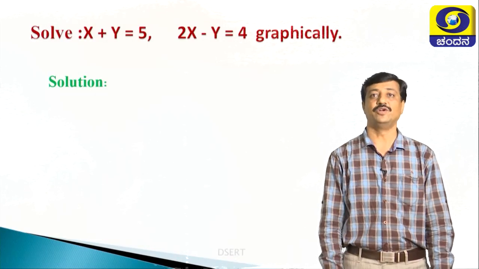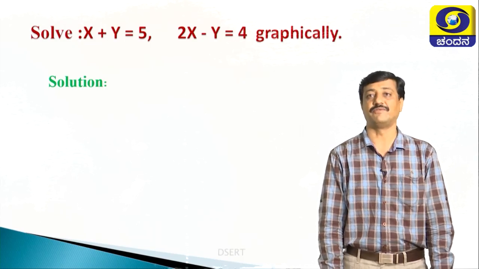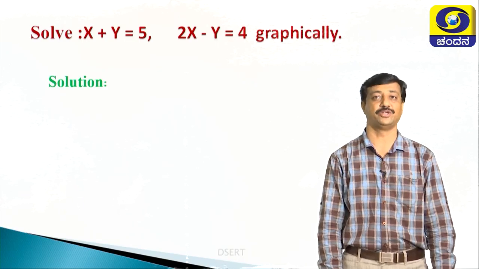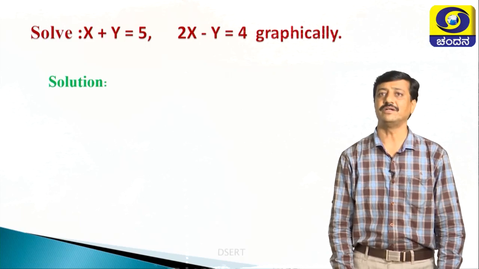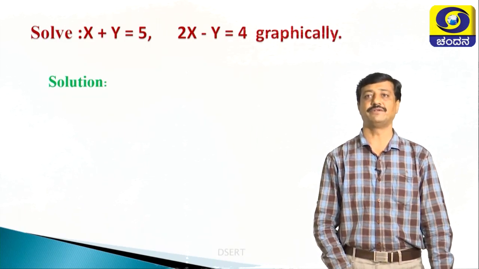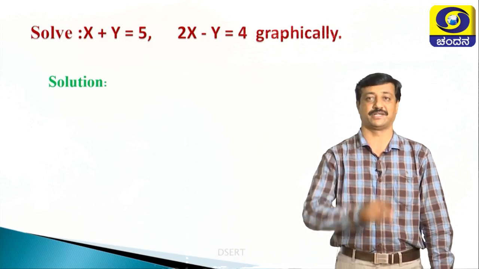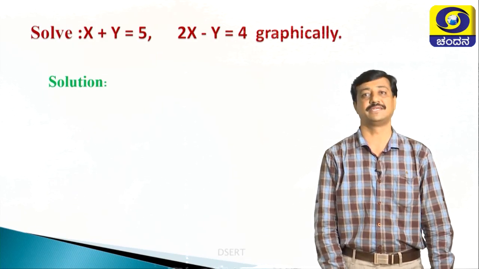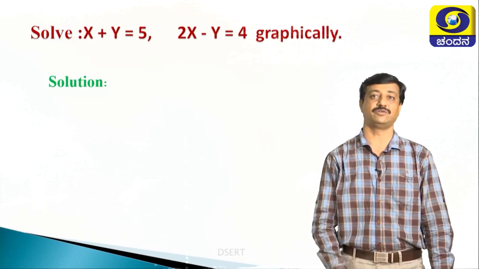So, here we are going to solve the question pair of linear equations in 2 variables by graphical method. This is an important type of question for the examination point of view. When it comes to the scheme, the question is divided into 4 parts. In the first part, you have to find out the 2 tables for the 2 equations. It carries 2 marks, 1 mark each. The remaining 2 marks are given to the graph. Let me see how to find out the table for the given 2 equations.